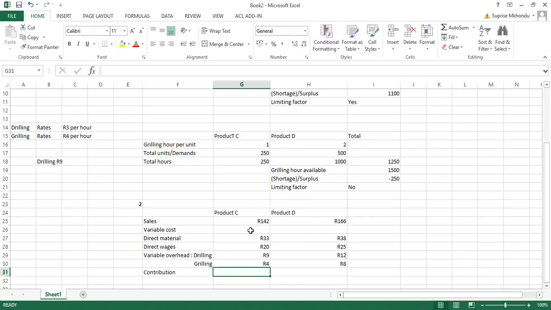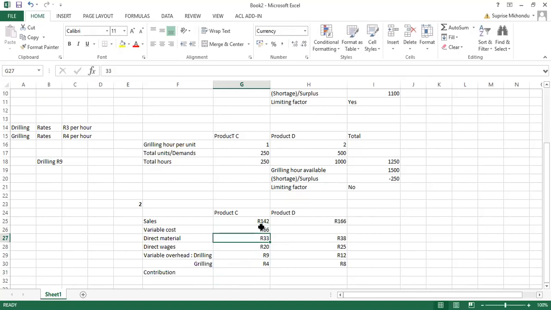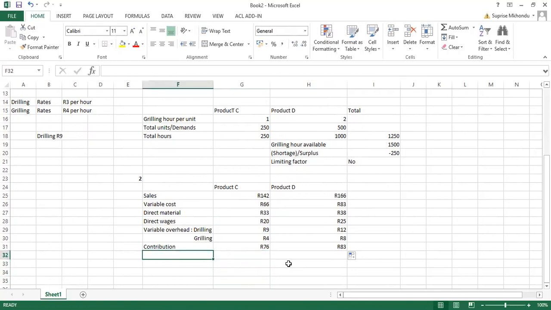Let's quickly do this. We have some of these. This will be your contribution, I guess. So now we're going to divide by your hour, hour per unit. Guys, if it's material, you want material per unit. If it's hour per unit,